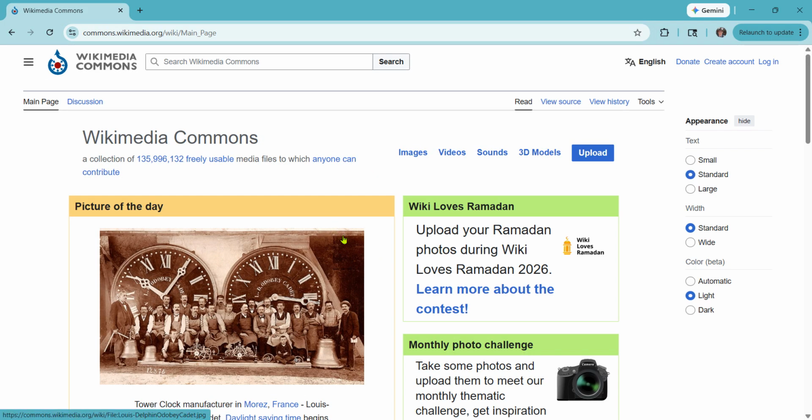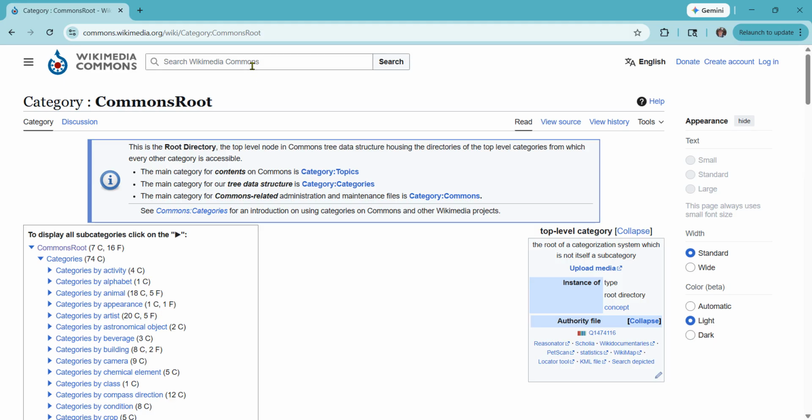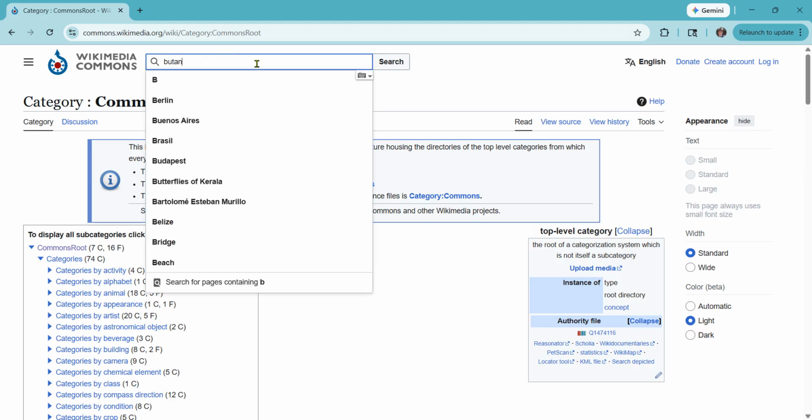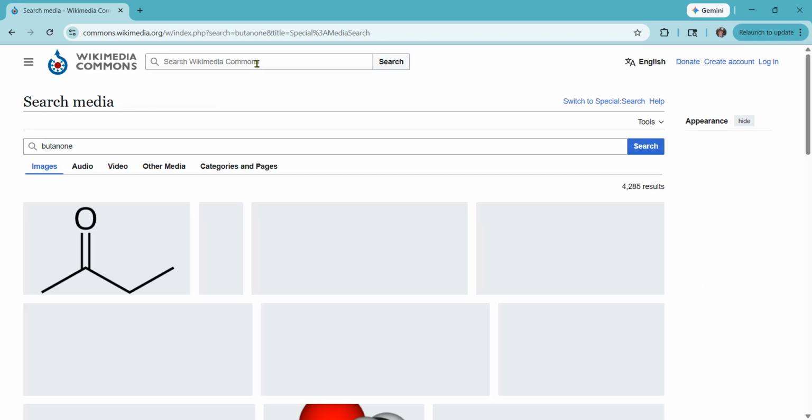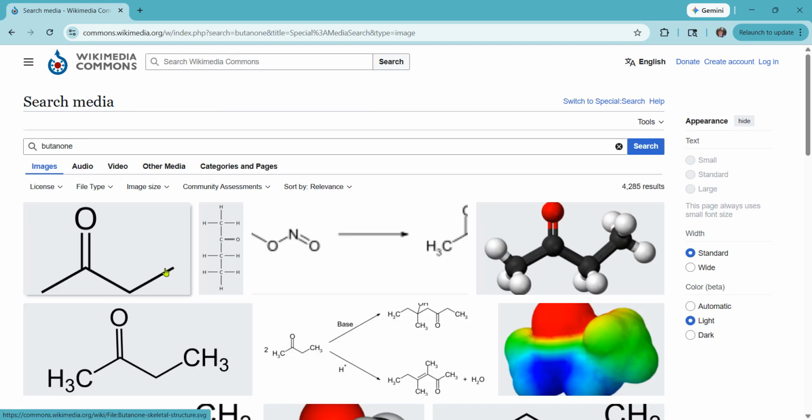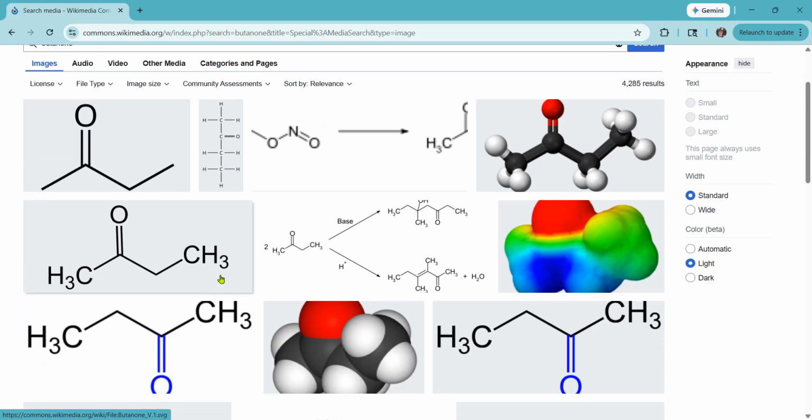People have donated stuff to Wikimedia. So I'll choose images here. And let's just say butanone. That's a ketone. And I have a number of images to choose from, the 3D model, the 2D shorthand, a little more information here. So let me just take this one, I'll click it,